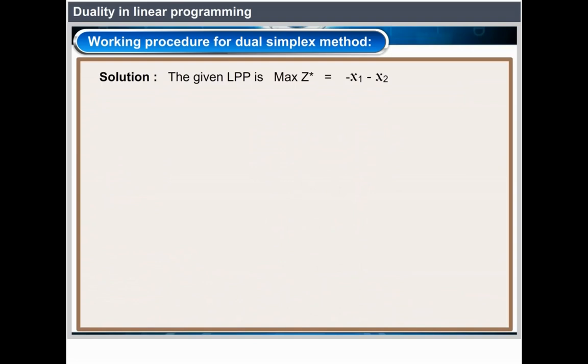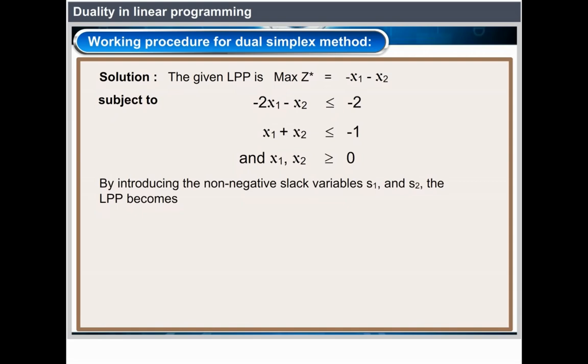Solution. The given LPP is maximize z star equal to minus x1 minus x2 subject to minus 2x1 minus x2 less than or equal to minus 2, minus x1 minus x2 less than or equal to minus 1, and x1, x2 greater than or equal to 0. By introducing the non-negative slack variables s1 and s2, the LPP becomes maximize z star equal to minus